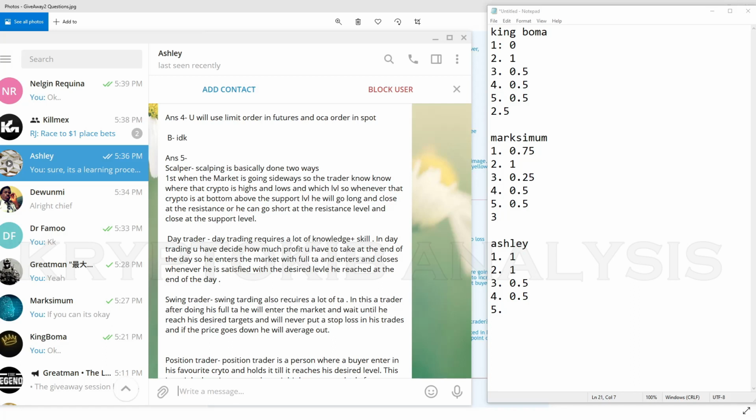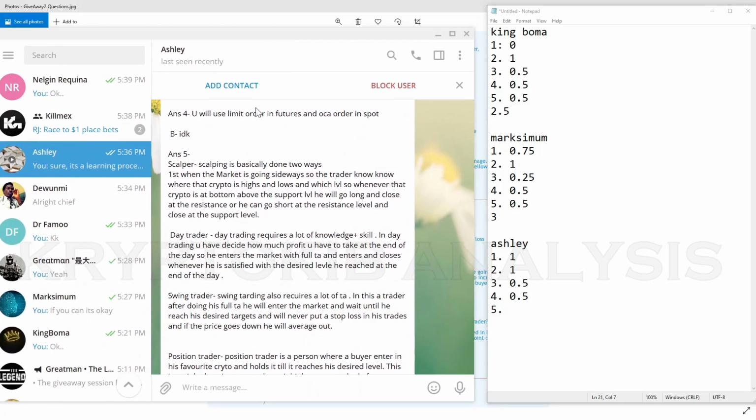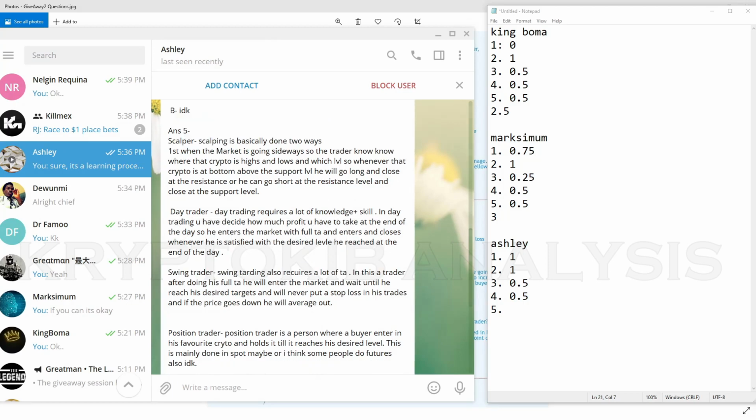Okay, let's just give him this one 0.25, 0.25, 0.25, 0.25. So let me see how many questions. That's 5. Okay, this total one serve is 0.25. I don't know how to do this.